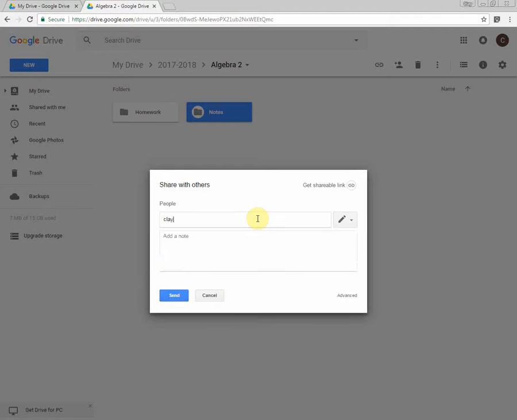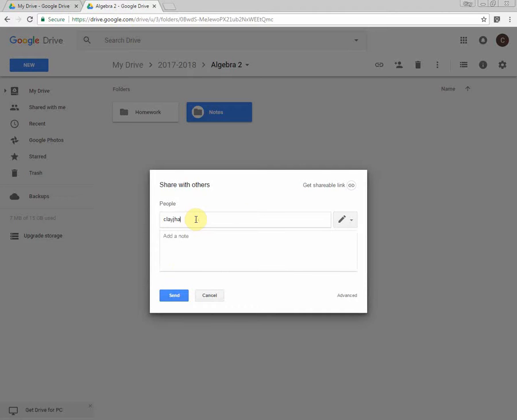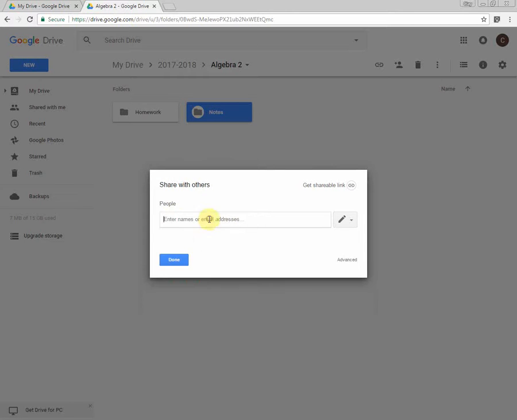Let's see. This is another one of my accounts here. You can type in their name with their Gmail account, and now it's going to be shared with them. Depending on what type of domain you are, if you are in maybe a work or a school network, you are typically able to just type in that person's name, and it should find them immediately without having to type in the @gmail.com. Another way to share things is to get a shareable link,